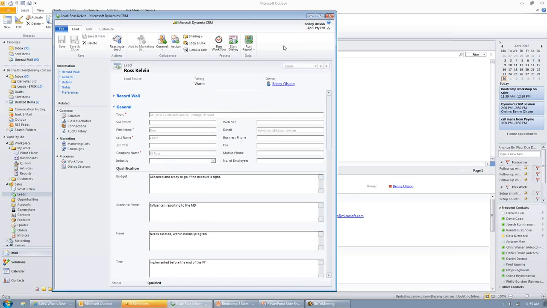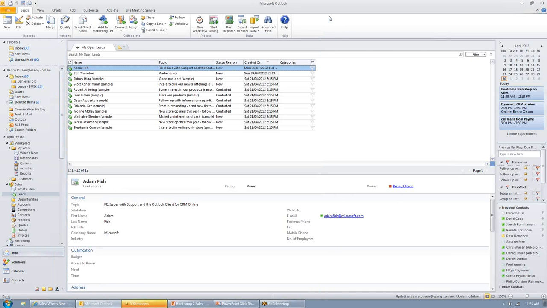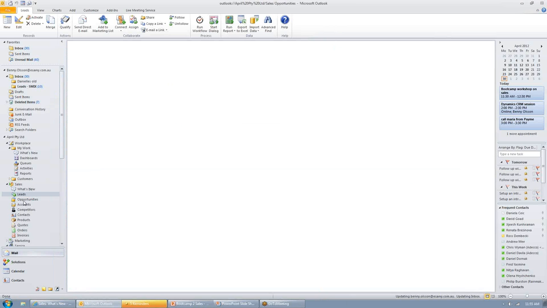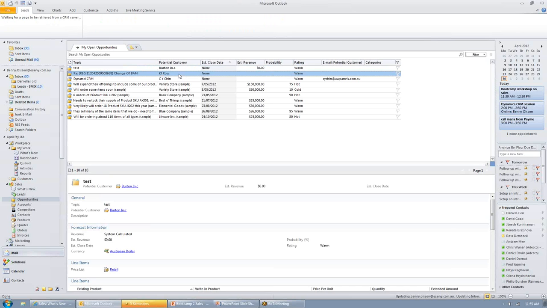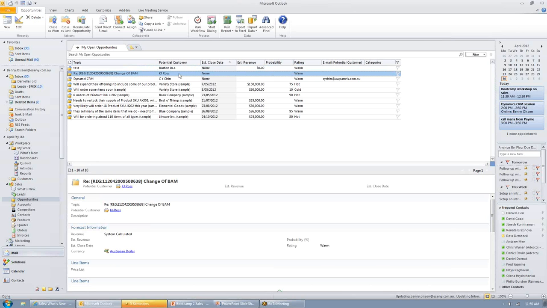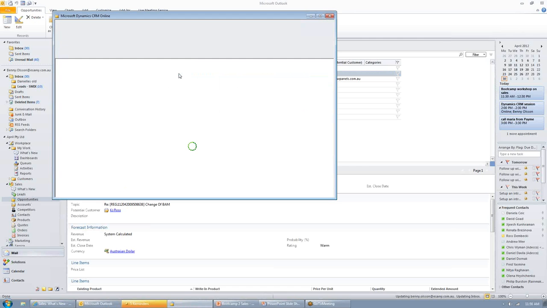Now we've closed off this lead as a qualified one, so we're going to move through to the next stage in the process. At this point, I'm going to move into the opportunity side down here in the sales module to pick it up. So you can see here's our KJ Ross opportunity that we qualified. When I open it up from within here,